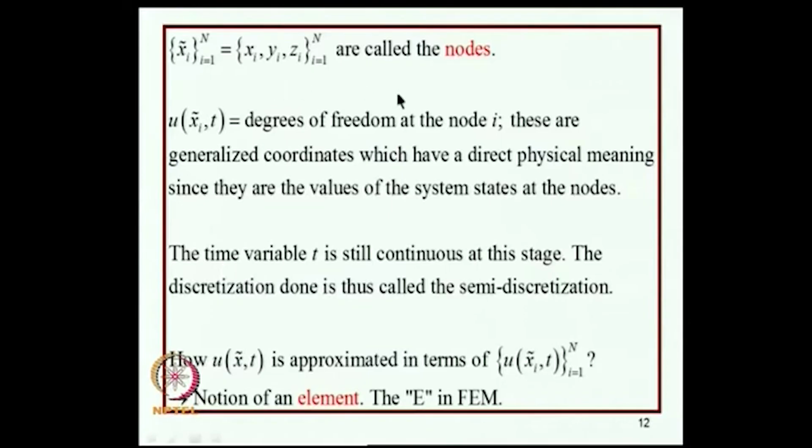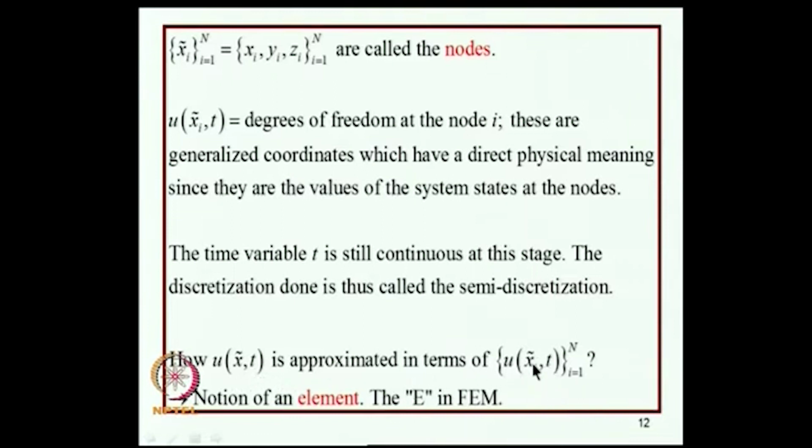Now, in this discussion the time variable t is still continuous at this stage. I have not talked about discretizing time. So, we call this discretization semi-discretization: only spatial variables are discretized, and time is still treated as a continuous variable. So, now the question is how this u of x tilde comma t is approximated in terms of